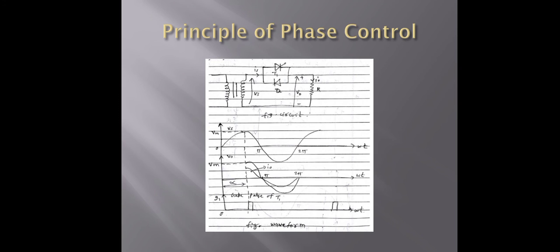Then next is the phase control. Principle of phase control: the power flow to the load is controlled by delaying the firing angle of thyristor T1. Due to the presence of the diode D1, the control range is limited, and the RMS output voltage can only be varied between 70.7 and 100 percent. The output voltage and the input current are asymmetric and contain DC components.